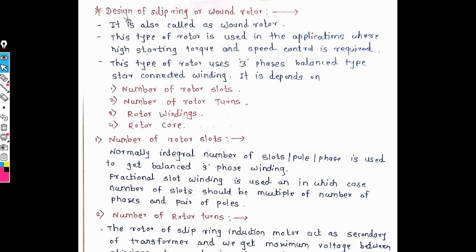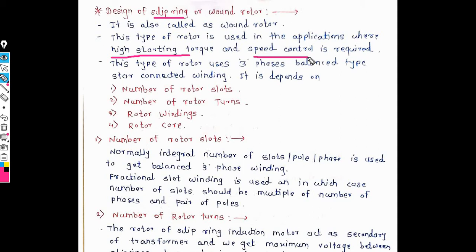The design of a slip ring induction motor, also called a wound induction motor, is based on the requirement of high starting torque. That means the starting torque required is very high. Also, in a slip ring induction motor we have to use speed control techniques. The design of the slip ring induction motor